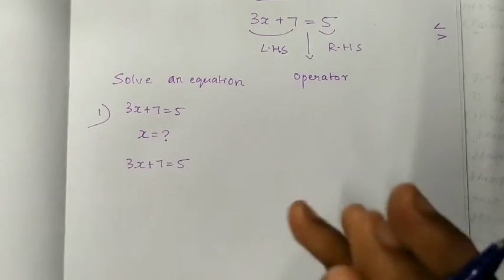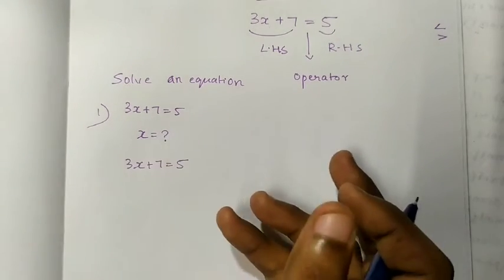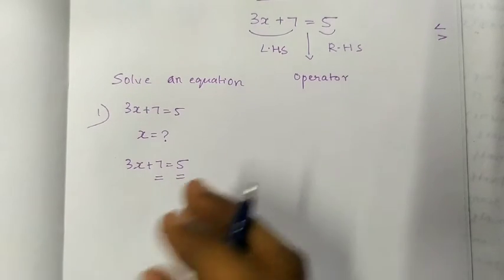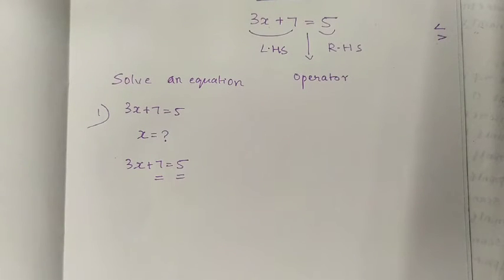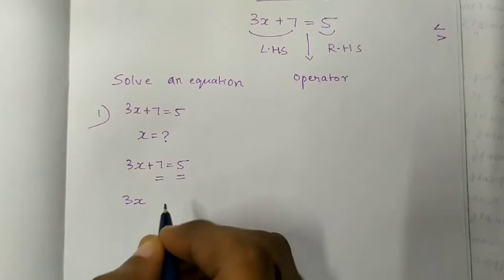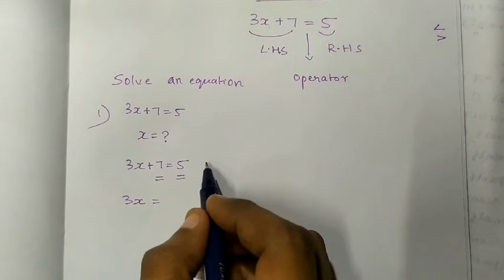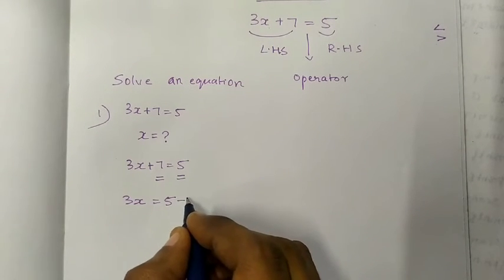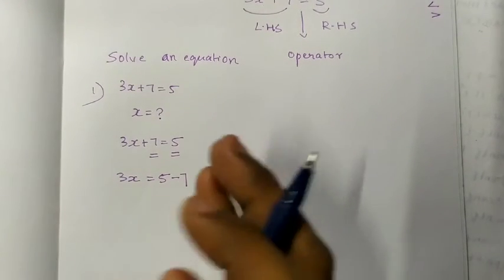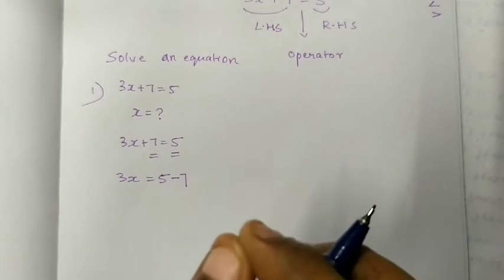The first step to solve an equation is separating variables and constants. Okay, here constants refers to 7, 5 and so on, right? So you need to bring every constant to one side and every variable to the other side. I keep 3x on the left hand side itself and I'm going to take 7 to the right hand side. So 5 minus 7. Here the most important thing is, if you are bringing some constants to the other side, you need to change the sign.